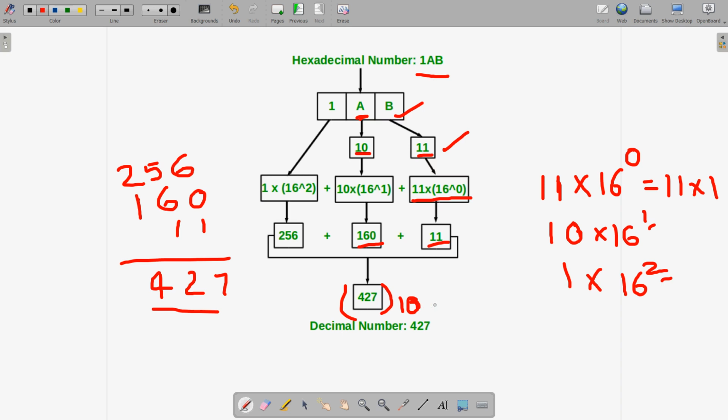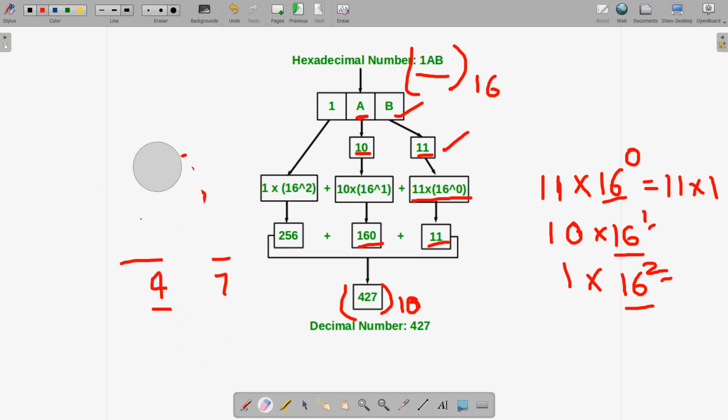Whenever we are converting into the decimal, each time we are multiplying with the increasing power of the base. So here it was hexadecimal, so the base of this was 16. So that is why we have multiplied each time with the increasing power of 16. Clear? I hope this is very easy. You can take one or two more questions and you can simply do it in your copy. Then you can relate to it very easily and you will understand it.